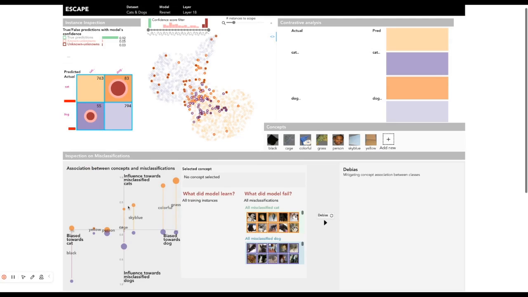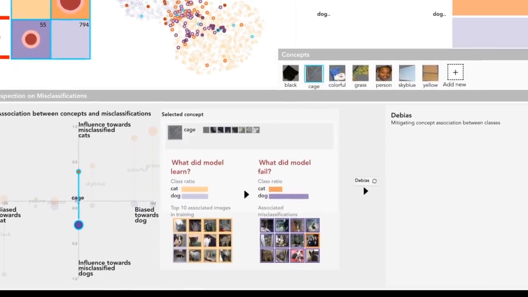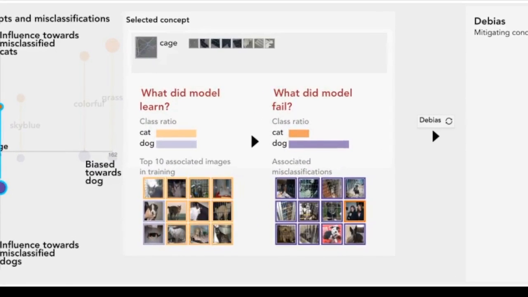He wanted to closely examine the cage concept by clicking it. Then he found that the concept detailed view showed what are the detailed images that were most associated in the training set and test set. It was interesting that top associated images in the training set were mostly cats, but included diverse objects such as cage, wall, leash, or floor rugs. It indicated that these various objects with stripe or grid-like pattern may have been learned as a similar pattern.